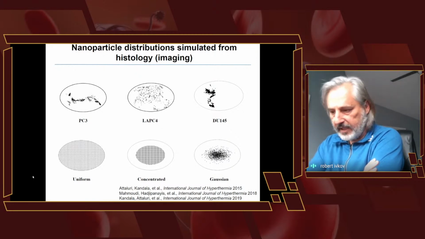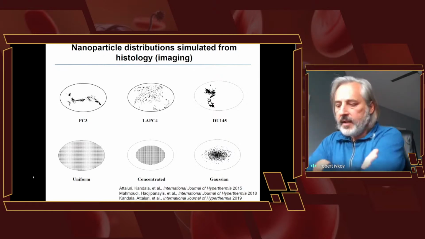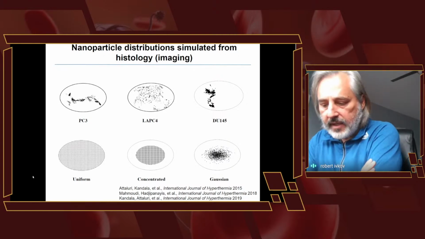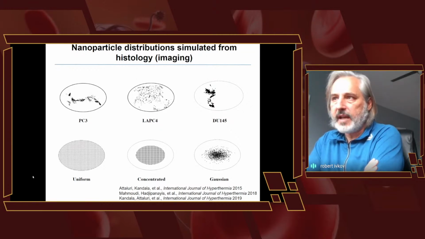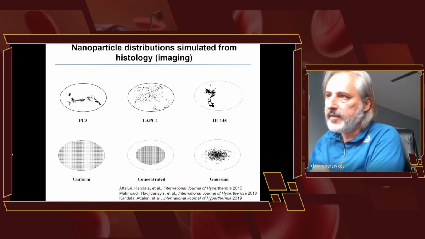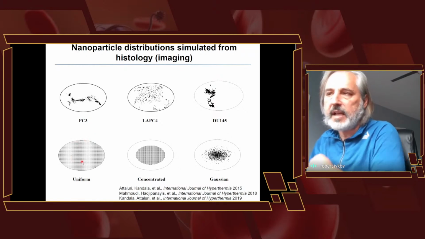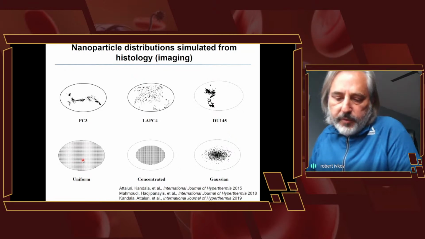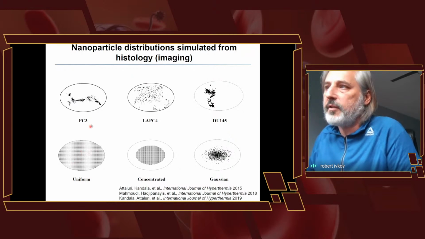For individual or homogeneously distributed nanoparticles, the rate of heat loss is such that the heat transfer at the tumor tissue boundary is greater, and so it's more difficult to sustain. You have to apply a bit more energy to sustain a thermal temperature gradient inside the tumor relative to